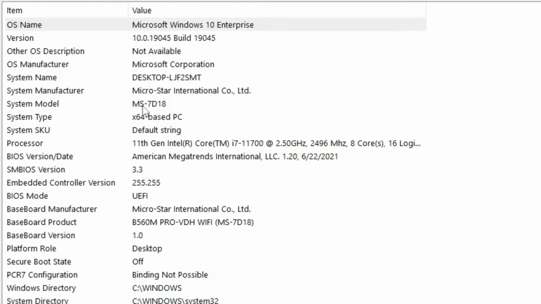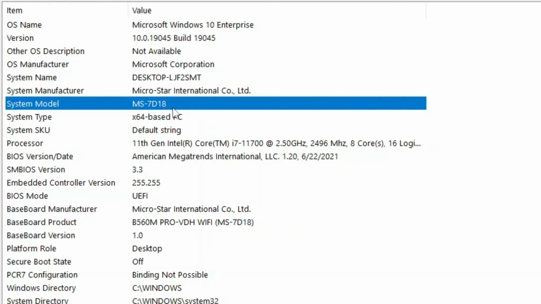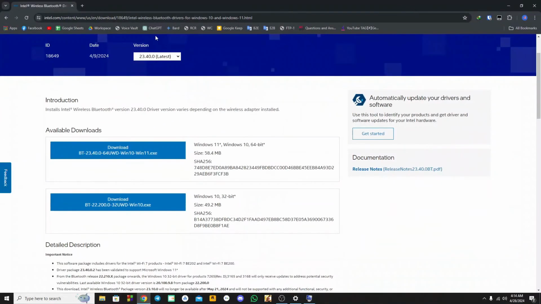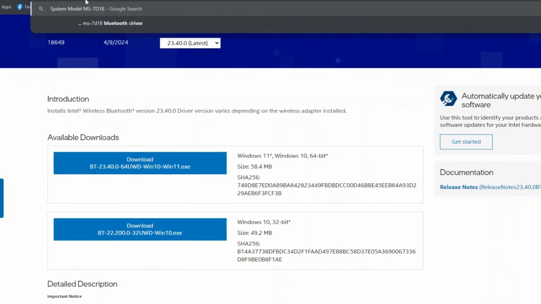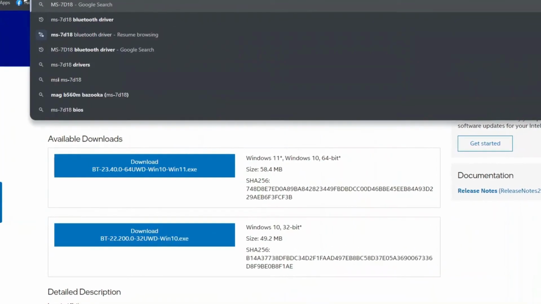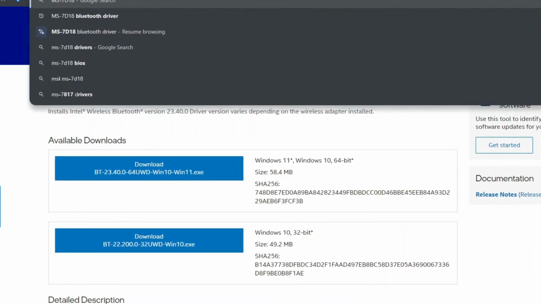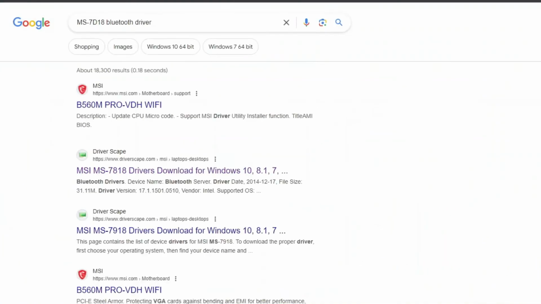Here you can see the model of my system is MS7018. If you're using a laptop or PC, you can also see the name of your system model. So normally you have to copy this or you have to remember it. I am copying it by pressing Ctrl plus C. You can remember it to type in your browser for next time. Okay, so I am pasting it, and after pasting this you have to type Bluetooth driver,